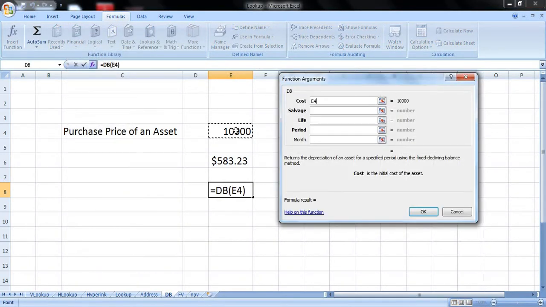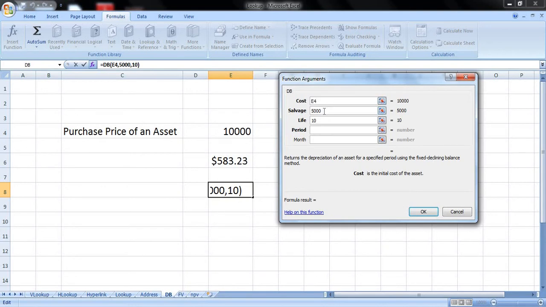Cost of the asset will remain the same, 10,000, the initial cost, the purchase price. The salvage value, as I estimated, will be 5,000 at the end of 10 years. As I assume that I'll be utilizing this asset for 10 years. Now understand this scenario. Cost of the asset is 10,000.